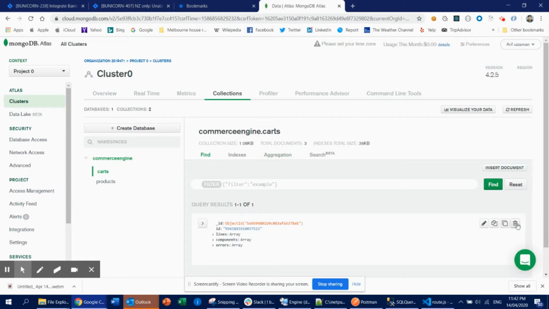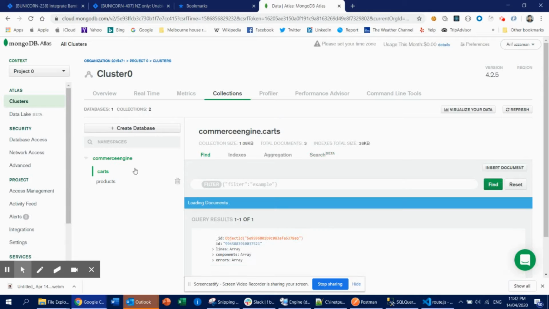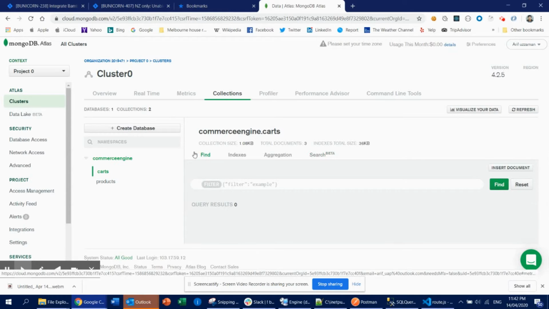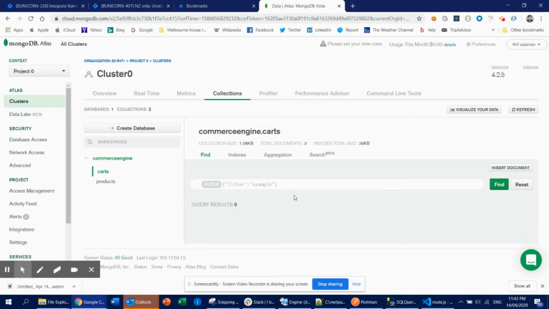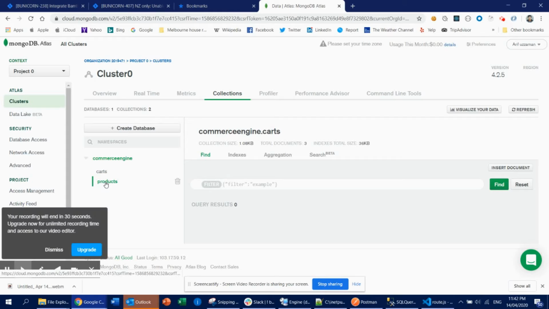Let me delete the data that I have inside it. So you can see here the very first, basic thing I am using right now: two collections. Number one is cards, and the database name is Commerce Engine. In the cards collection, right now it doesn't have anything. And the products collection,